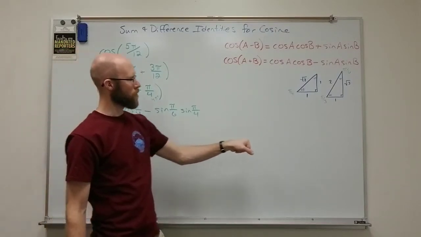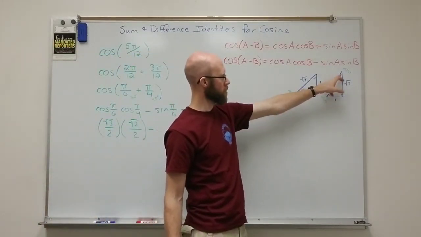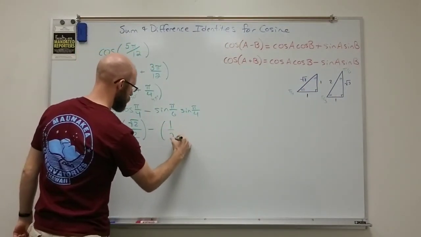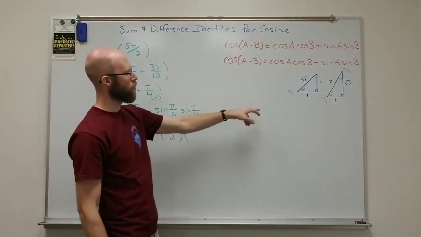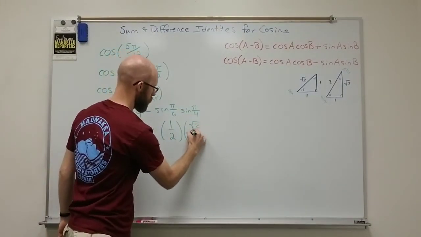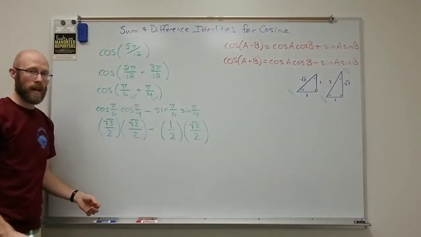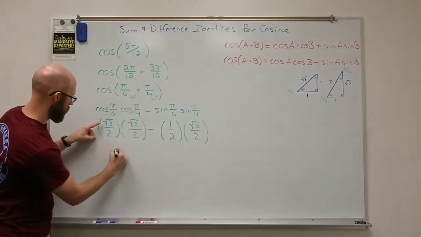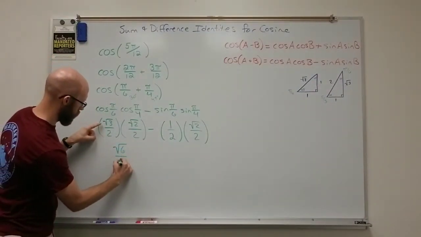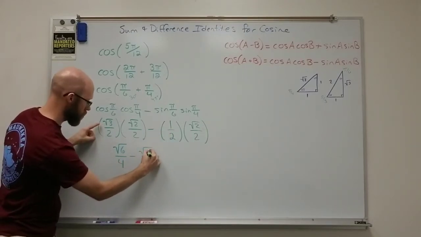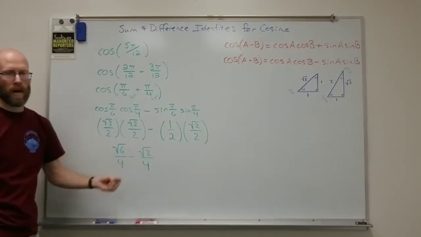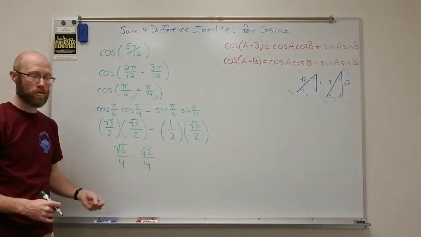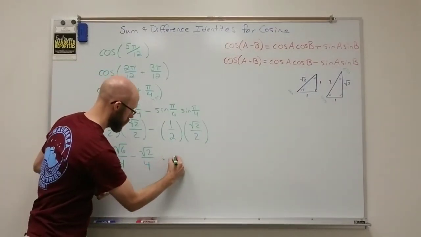Then we've got sine of pi over 6. The sine is opposite over hypotenuse, so that's 1 over 2. And the sine of pi over 4 is 1 over root 2, or we could write it as root 2 over 2. And then again, we can multiply, multiply, and finally subtract. So this would be root 6 over 4 minus root 2 over 4. And when I combine those, I cannot combine the two terms on top because they're unlike terms with the different roots. So it's root 6 minus root 2